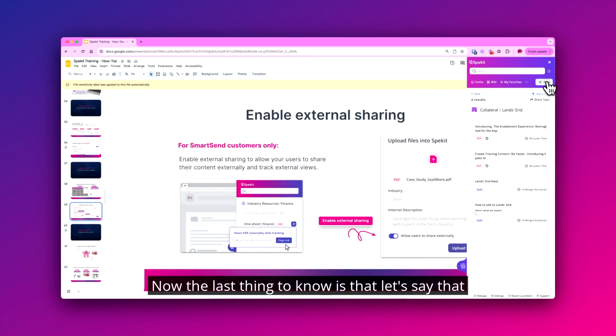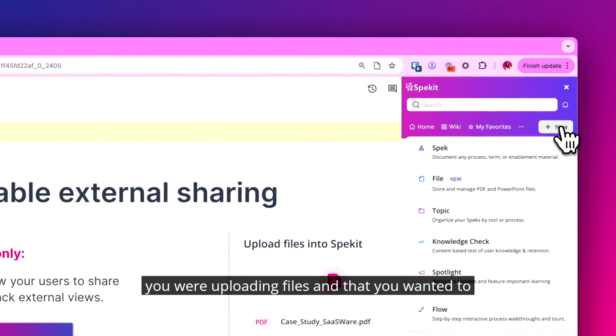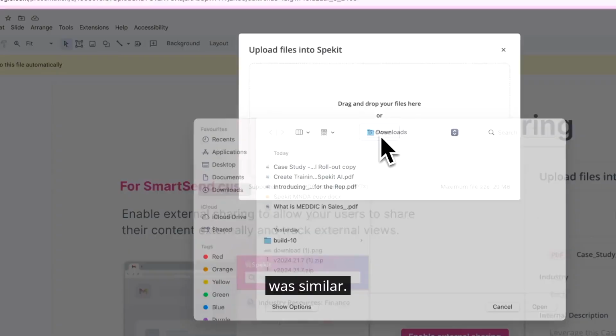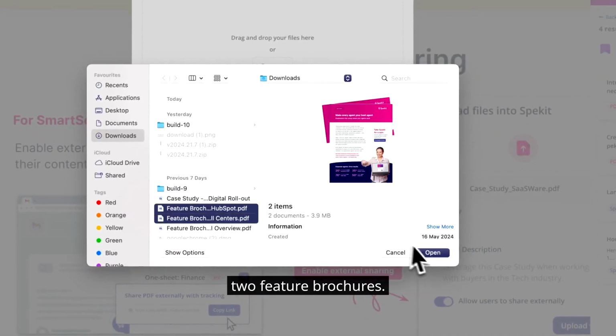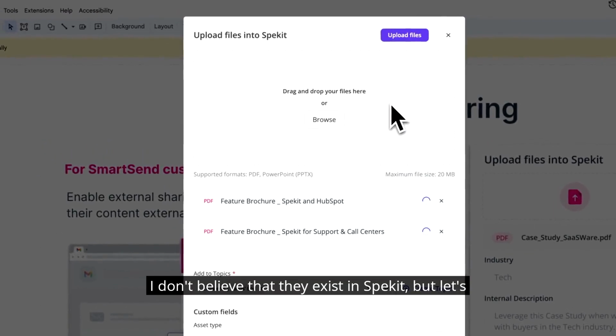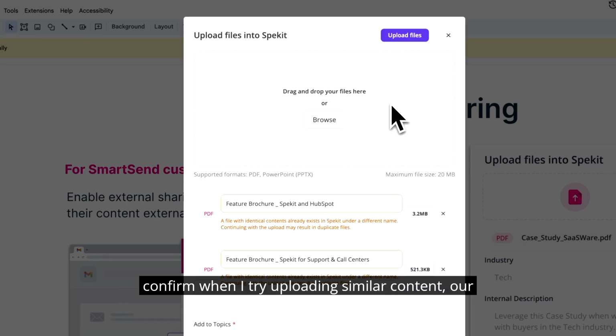Now, the last thing to know is that let's say that you were uploading files and that you wanted to make sure that no content already existed that was similar. So let's say I went in and I was uploading these two feature brochures. I don't believe that they exist in Spekit, but let's confirm. When I try uploading similar content, our AI in the background is going to be looking for similar content that